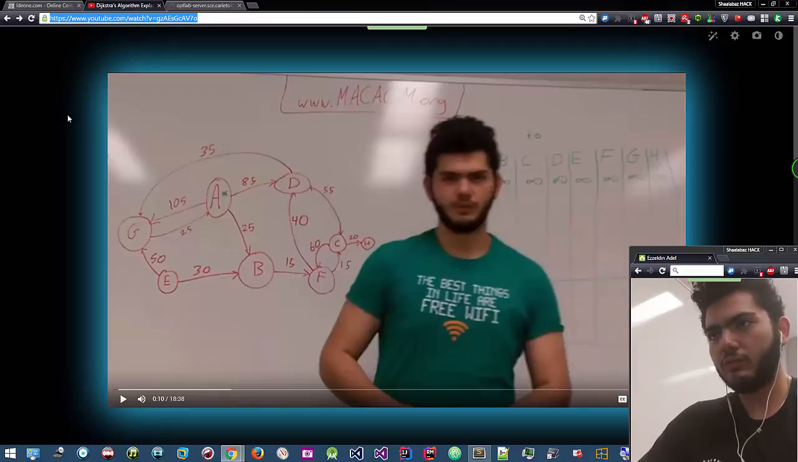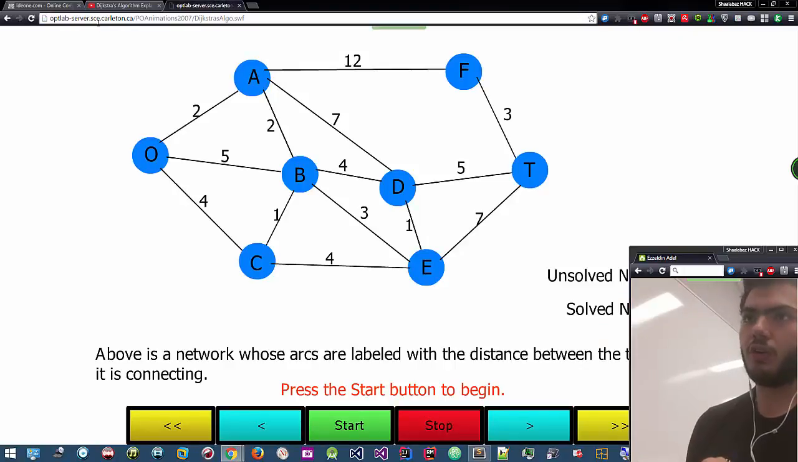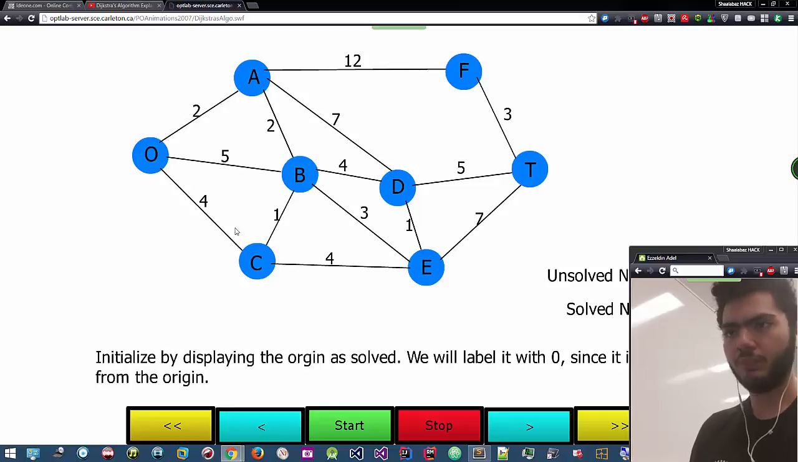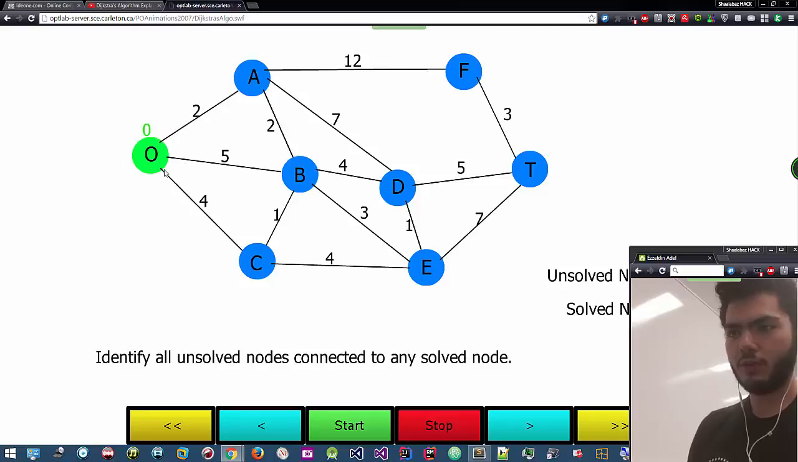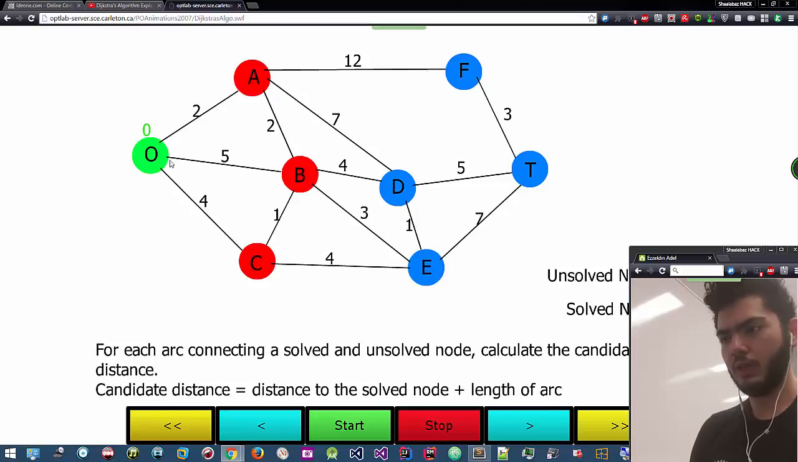If you didn't understand it at all, please rewatch the video, or play with this animation I got from Carleton's University. It's a lovely animation. I'll play it right now to give you a brief idea of what's going on. The way this animation works is if you have visited a node, it will be green. If a node is unsolved, it will be blue. If it's solved, it will be red. For example, here